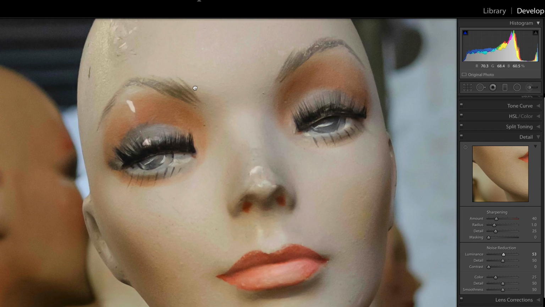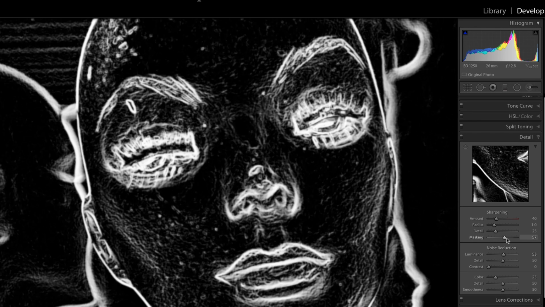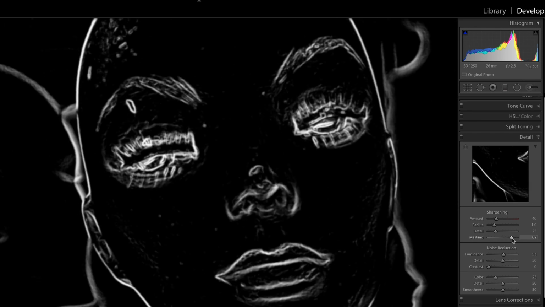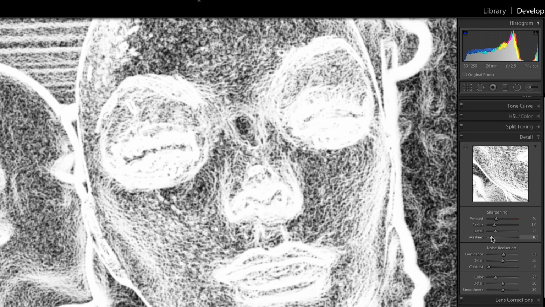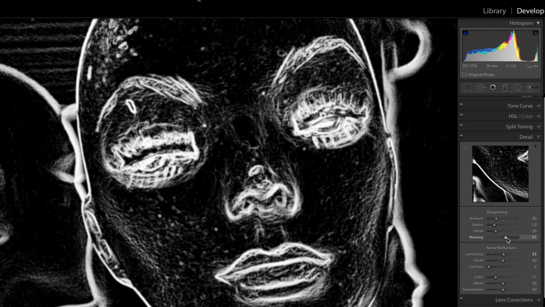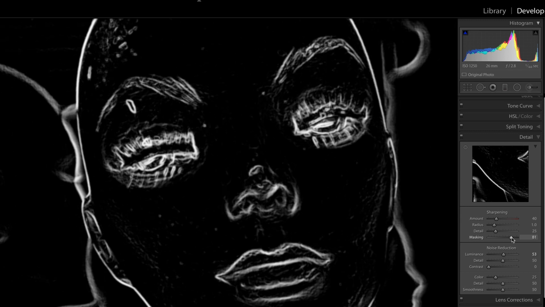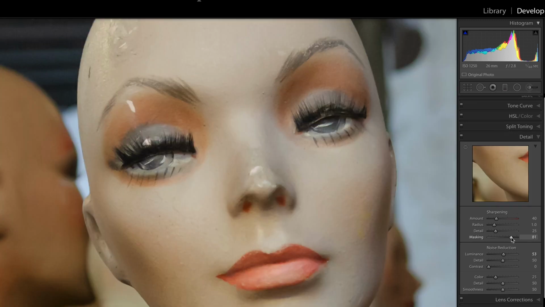Now to sharpen an image, I jump across to the masking slider and put my finger on the Option key. It's the Alt key if you've got a PC. Then when I drag the slider, it gives me an outline around the key areas that I want to sharpen. I don't want to sharpen all of this because it'll just put the noise back in. I want to sharpen just the outlines. So I would stop it about there,